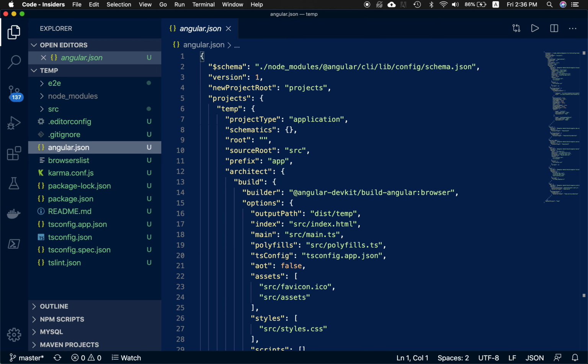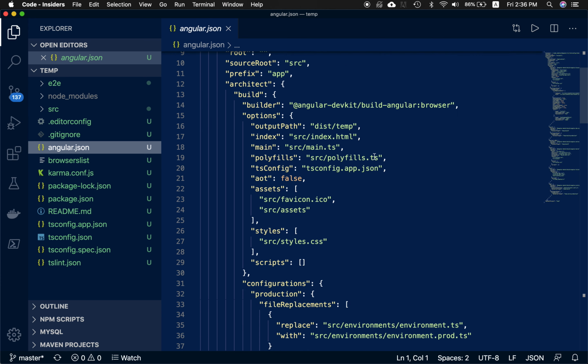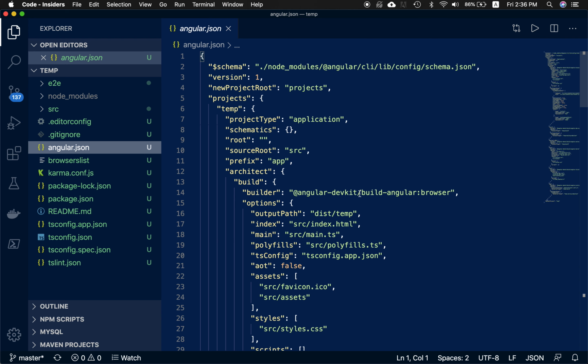Angular.json basically includes the configuration options for your build, serve, and test that the command line interface uses. So like this one,